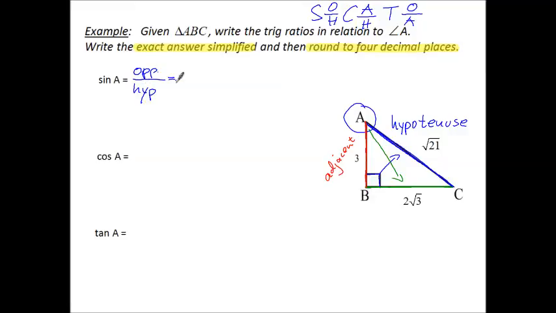The opposite side has a length of 2 square roots of 3, and the hypotenuse has a length of the square root of 21. We are supposed to do two things. We're supposed to show the exact answer fully simplified, and then afterwards the rounded answer. Now, the fully simplified answer can never have a square root, a radical, in its denominator, so we need to get rid of that. And in order to do that, let's first see if there's stuff we can simplify under the radicals. And to do that, I'm going to use one of the radical properties,